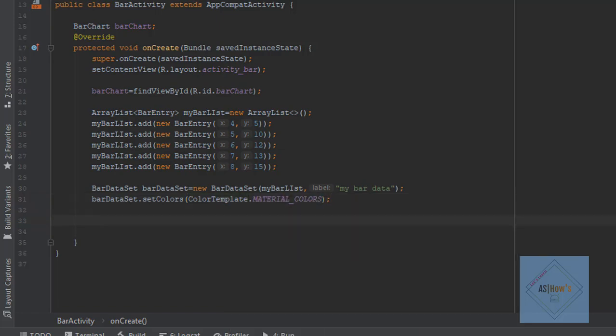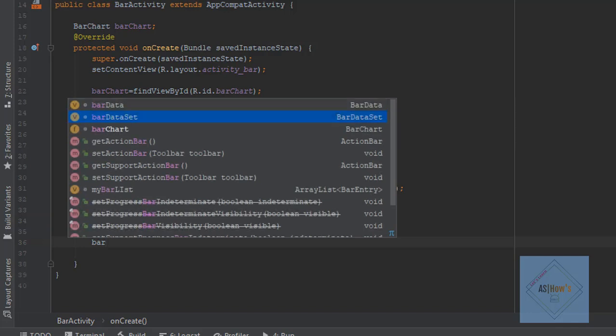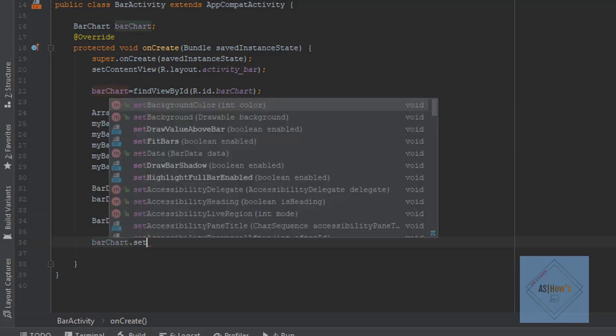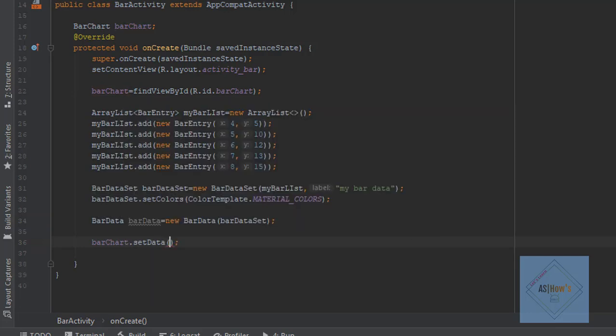Next I will write here BarData, and we will name it barData is equal to new BarData, and here we will pass our barDataSet. Now finally we will write here barchart.setData, and here we will write barData.